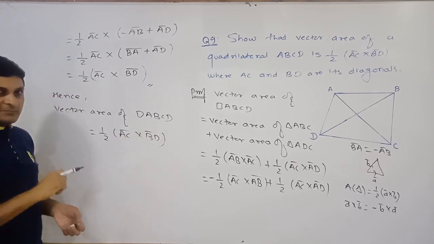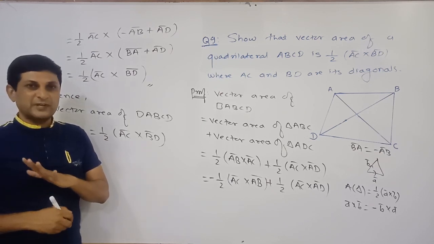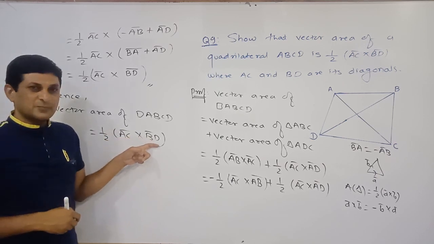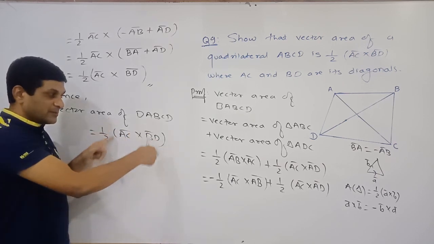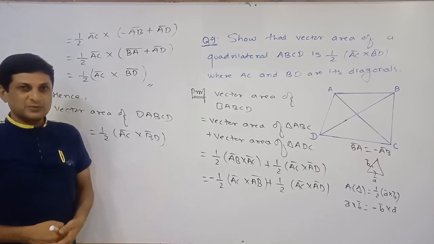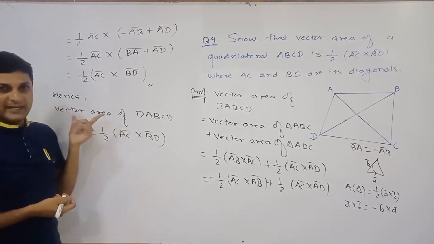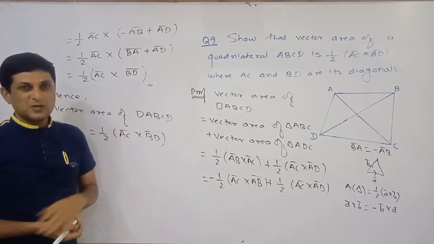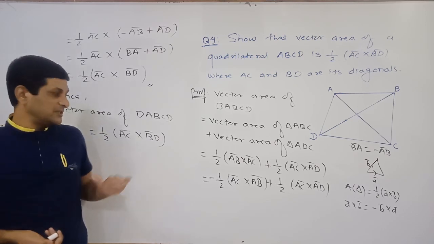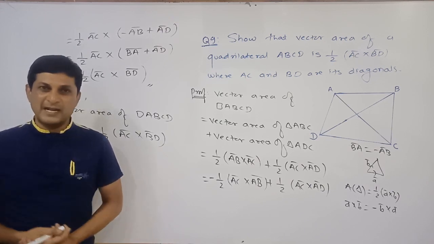And in case the question is simply asked to find out the area of a quadrilateral instead of vector area, then first find out AC bar cross BD bar and then take its what? Magnitude. It means we are replacing the vector quantity by magnitude, so we will get area. And if we are not taking magnitude, we will get what? Vector area. So in this way we have got our required result, area of quadrilateral ABCD. This formula is applicable to find out vector area of any quadrilateral.